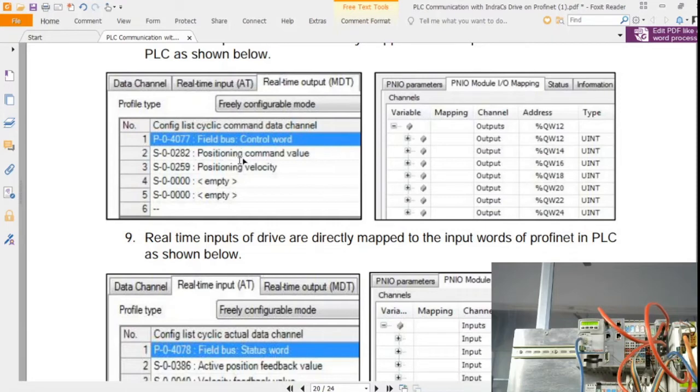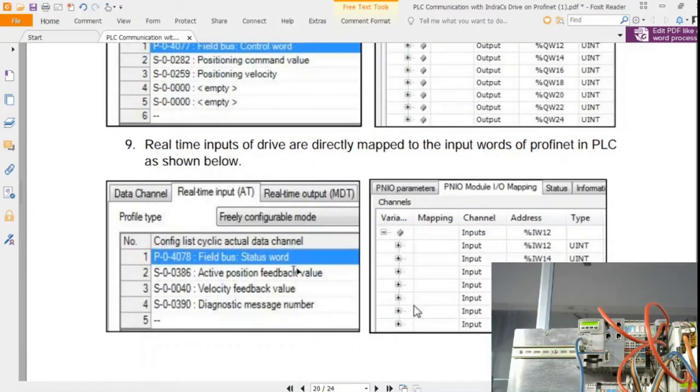Similarly, this positioning command value is going to be connected with QW14 and 16. Then this positioning velocity, we need to give QW18 and 20. This positioning velocity takes 4 bytes and positioning command value takes 4 bytes. Then this field bus control word is going to take only 2 bytes.